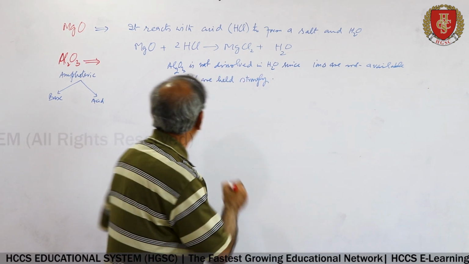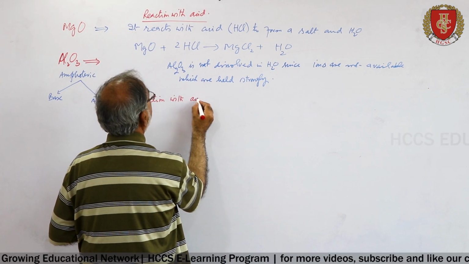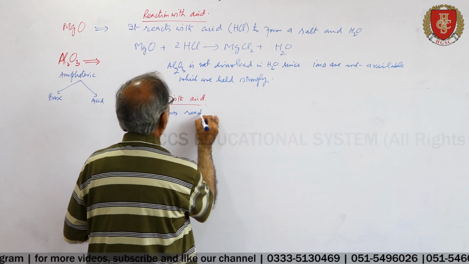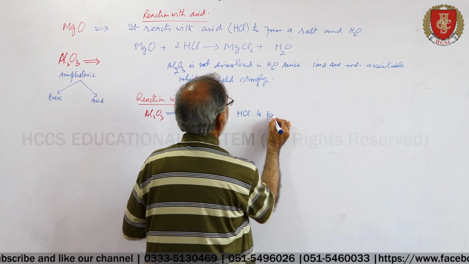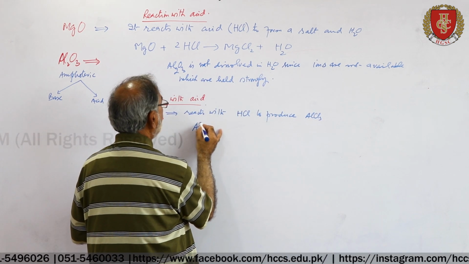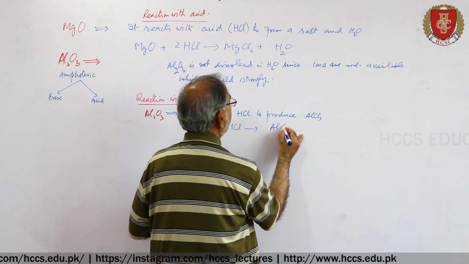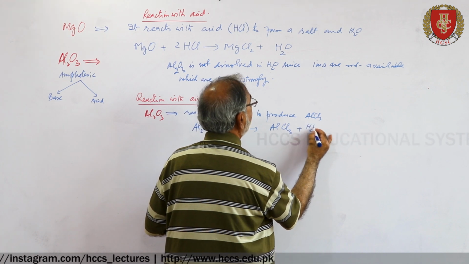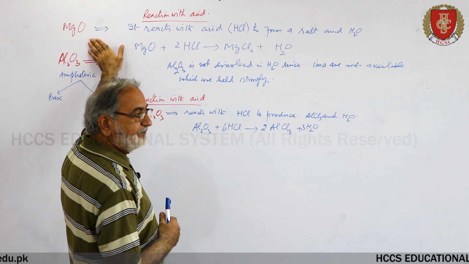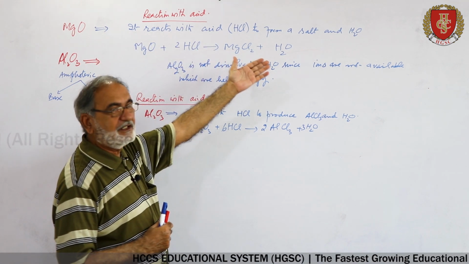A reaction with acid: aluminium oxide reacts with HCl to produce AlCl3 salt. Al2O3 plus HCl gives AlCl3 plus water. इसका मतलब ये हुआ कि बुनियादी तौर पे चूँकि ये बेस है, ये एसिड के साथ रिएक्ट करेगा और साल्ट और वाटर बनाएगा।